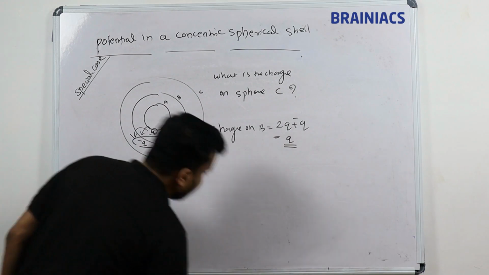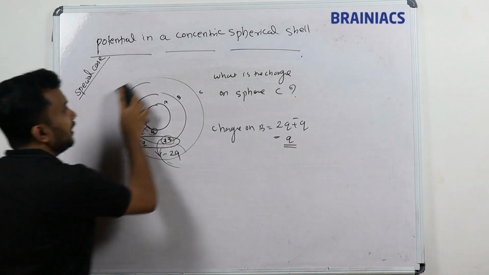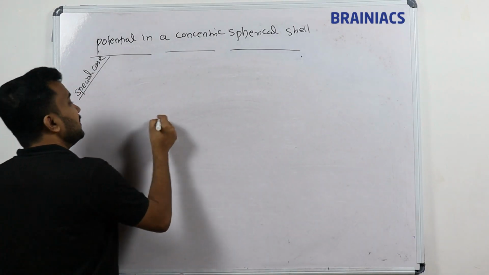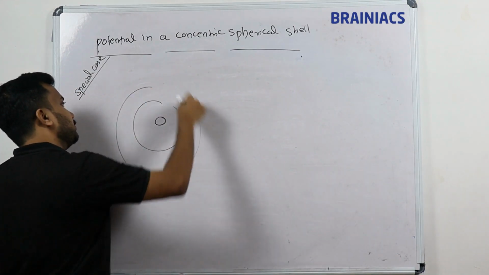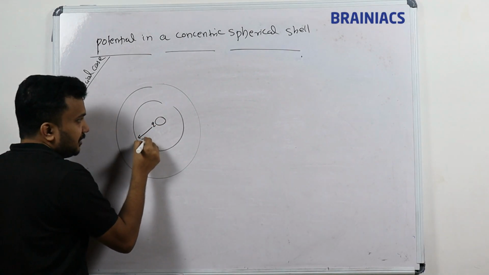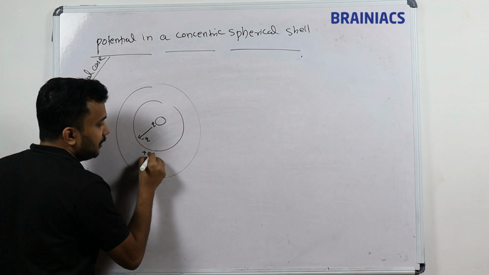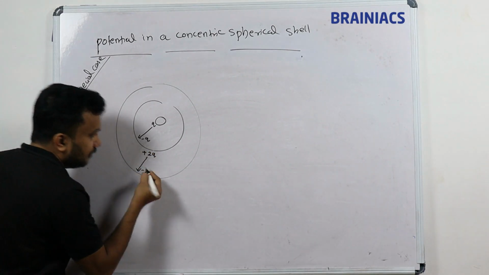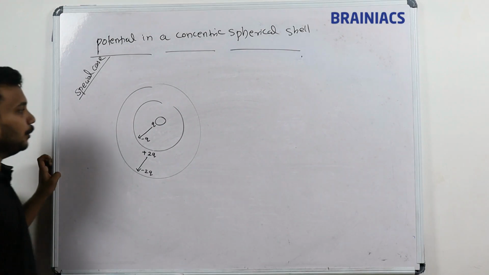So let me make the diagram in a clearer format so that it will be a little easier for you. Okay, so this is sphere A, this is sphere B, and this is sphere C. Here, if there is q, then minus q will be induced. Already available here is plus 2q. Because of the plus 2q, minus 2q will be induced here. This is a concept. Now,